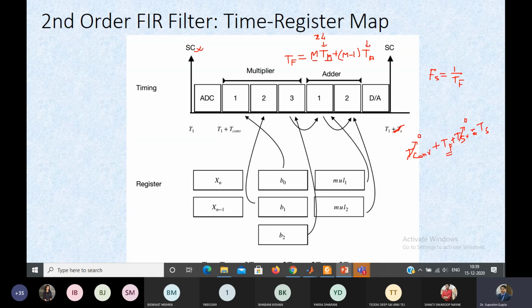Then Ta, the addition instruction, and then it will be multiplied with this. So if M is higher, then it will be higher, and so Fs will be less, and so your input frequency range will be less. Okay, so with this discussion, what we have found, that to implement a digital filter on 8051, inside it, what we can do,